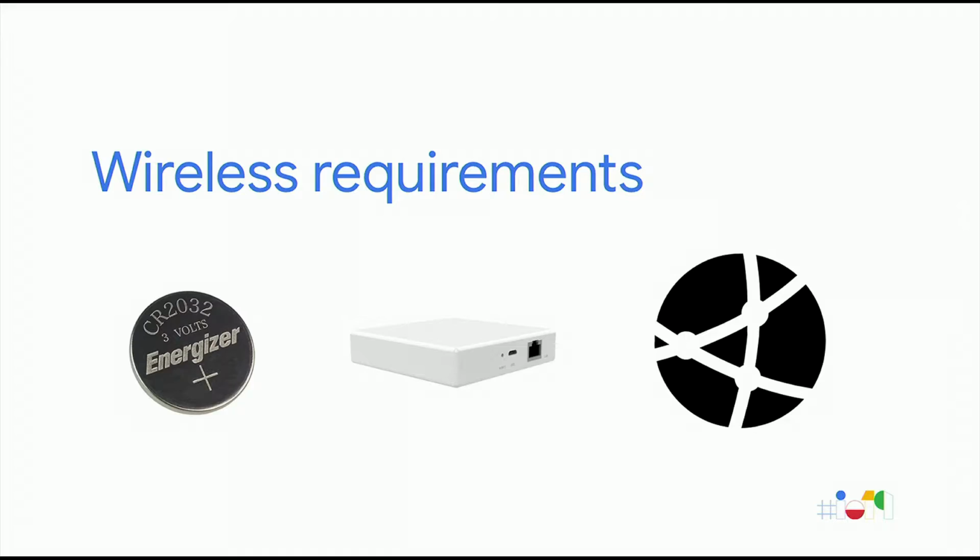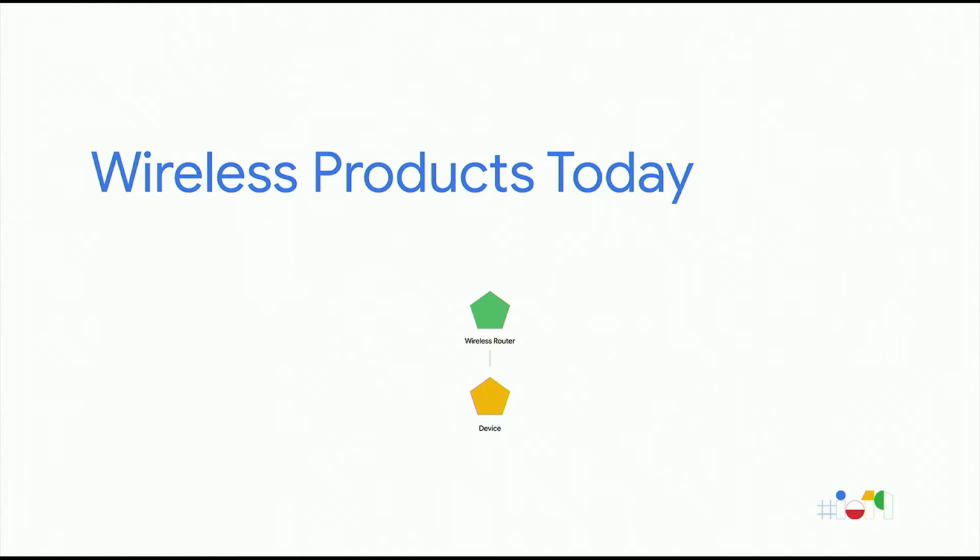So we want our devices to work with the existing internet standards and protocols that we know are secure and are comfortable working with. But before we get into how we're going to do that, I want to talk about the state of wireless products today. And I think this is true whether you're talking about smart home, smart buildings, industrial wireless products. I think it really runs the gamut.